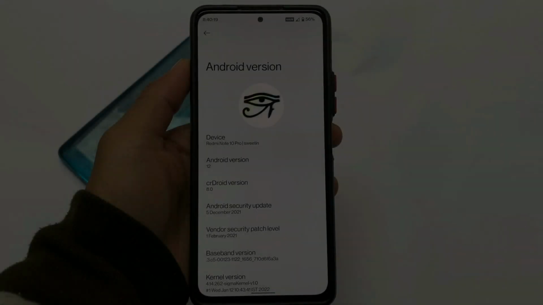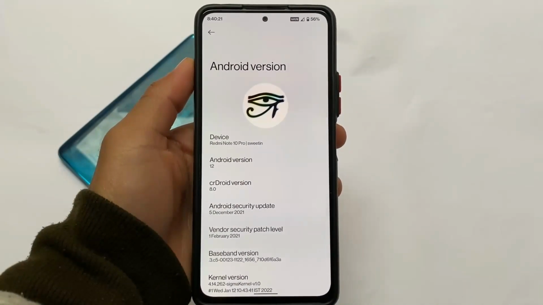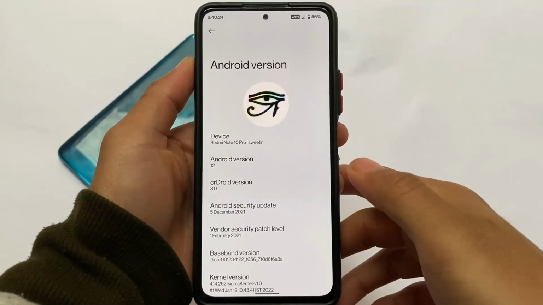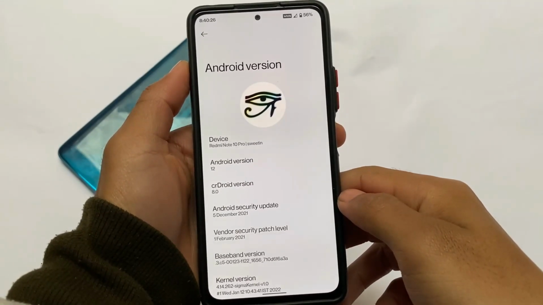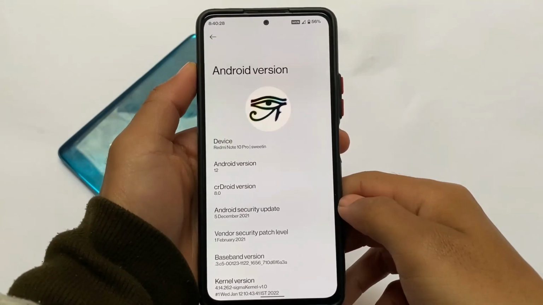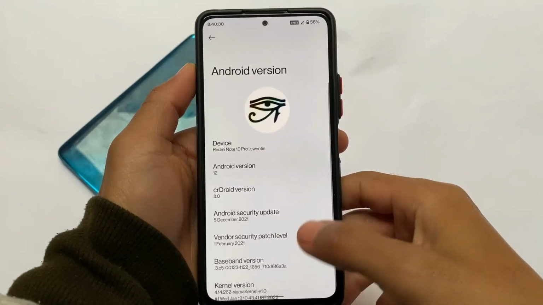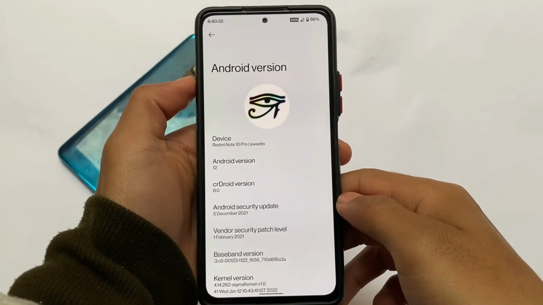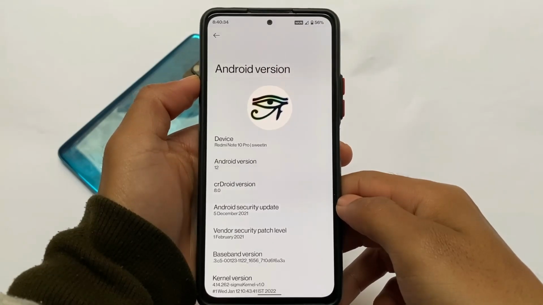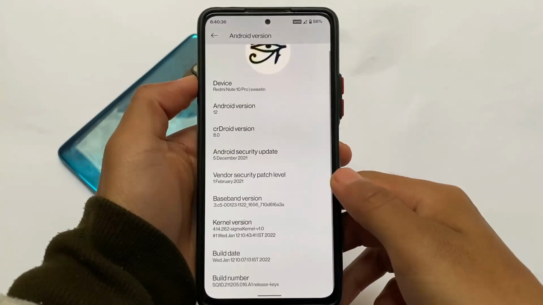So finally, official CR Droid based on Android 12. CR Droid version 8.0 is out there for a lot of devices. If your device has official support for CR Droid, you can try out the official Android 12 based custom ROM on your device if it is available, or if it is not